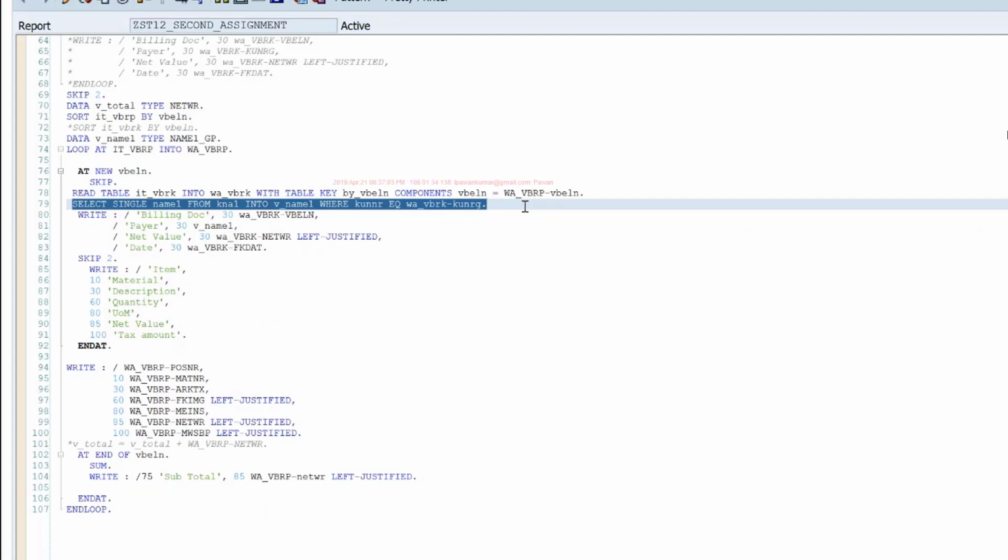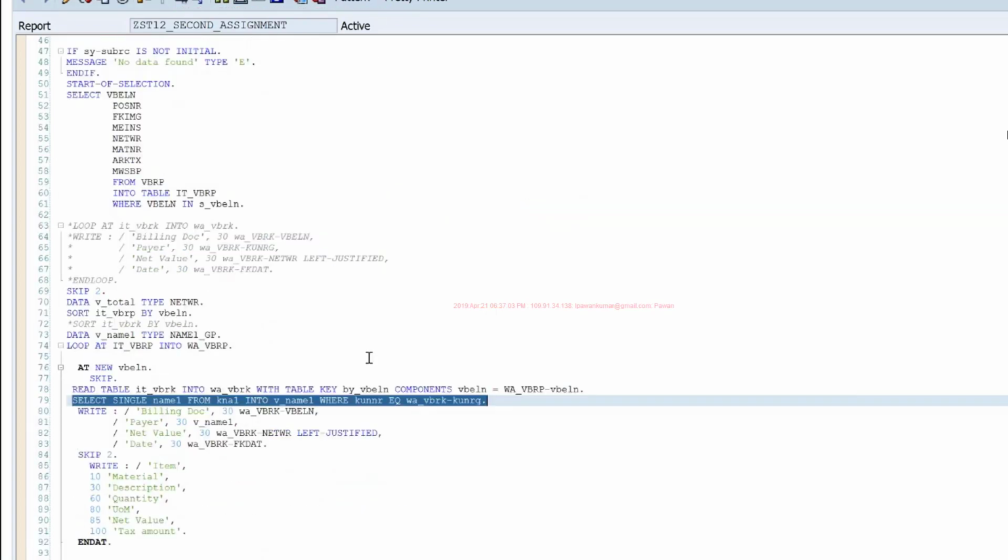But 5 years down the line, the table would have accumulated so much data that if you're writing a select to that table, it starts taking more time. So as the days progress, your program starts becoming slower and slower, right? So you should always keep that in mind. When you're writing the code, you should not just look at how it is performing right now. You should also consider how it will perform 5 years down the line when you have so much more data in the tables. So that's why we always avoid these select queries within the loop.